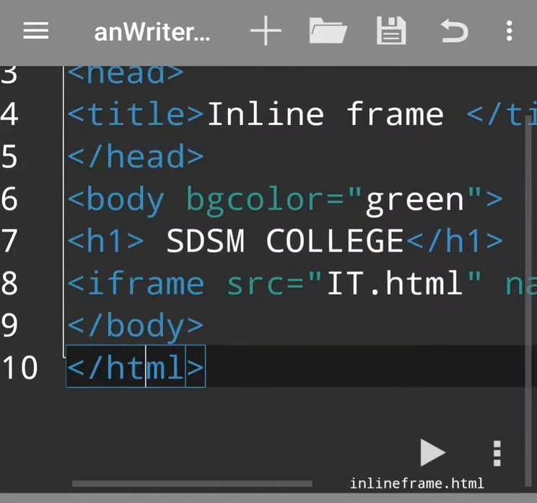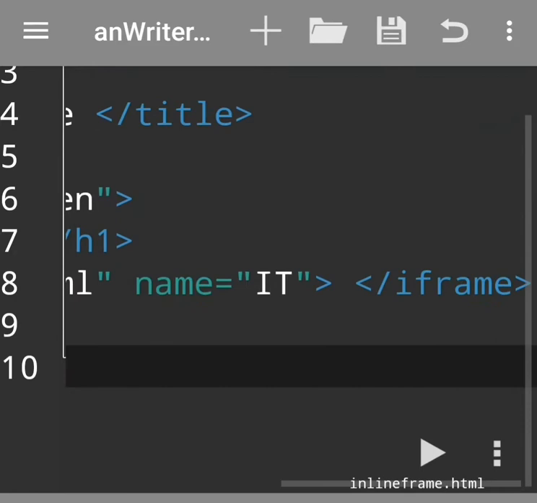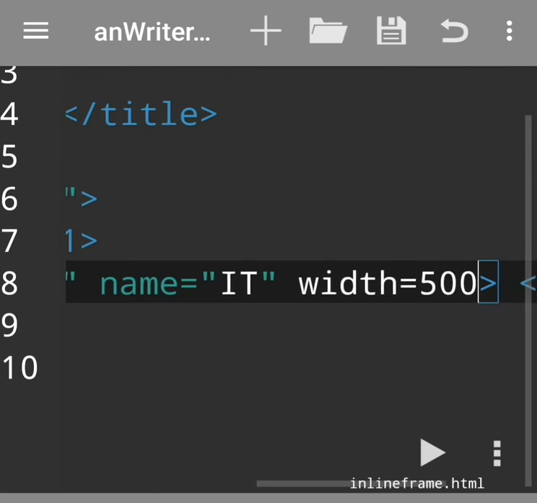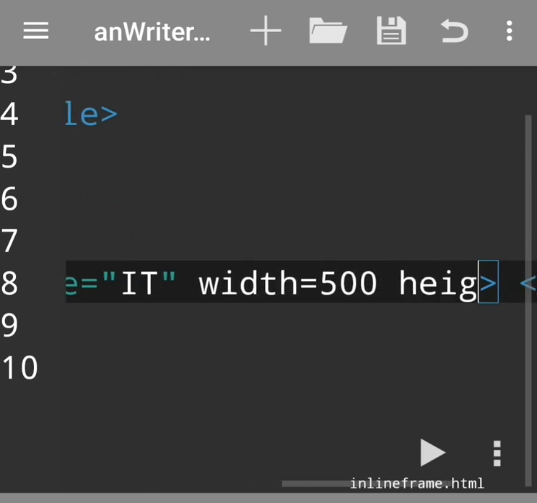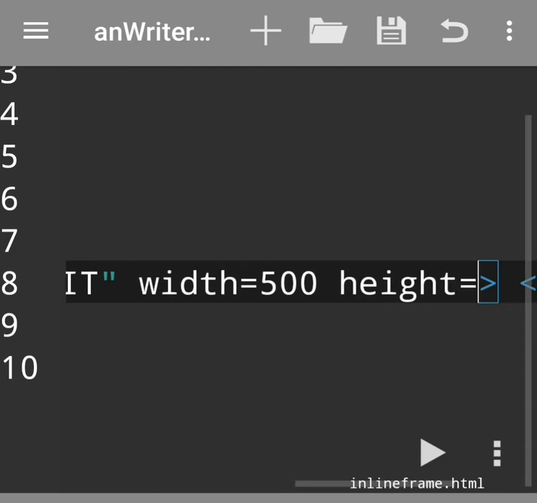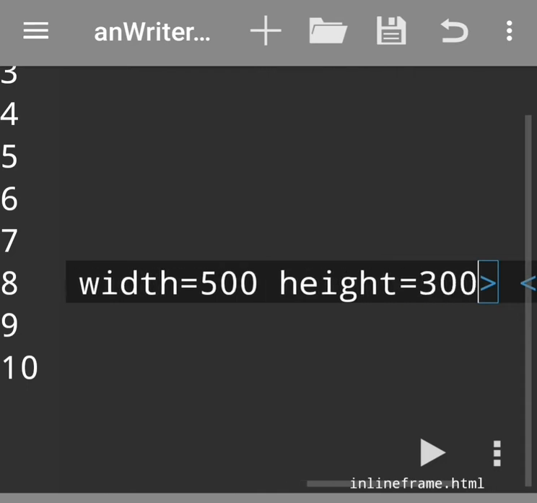Now if we want to change the height and width of our inline frame, we use other attributes of the iframe tag, that is the height attribute and width attribute. So here after the name attribute I write width attribute. Width is equal to 500 and height is equal to 300.